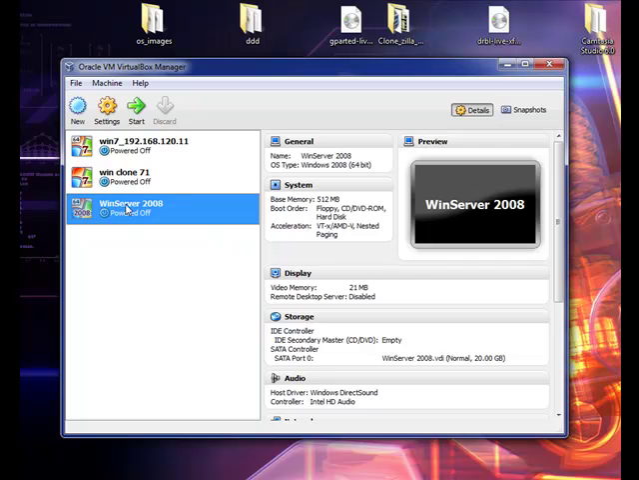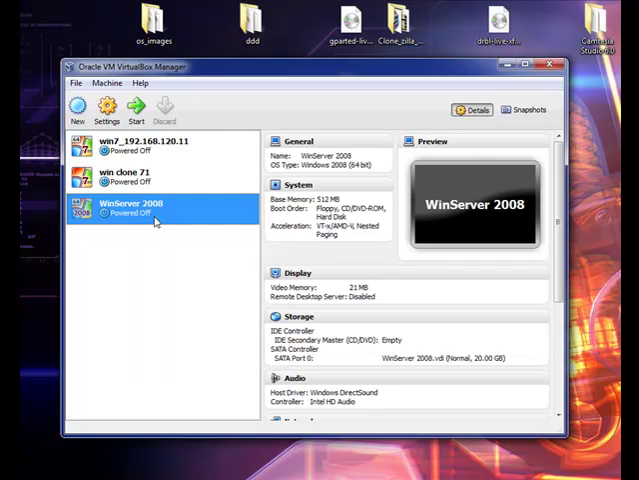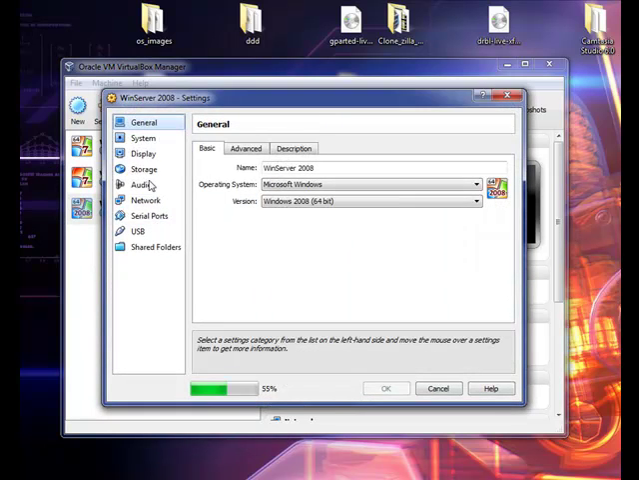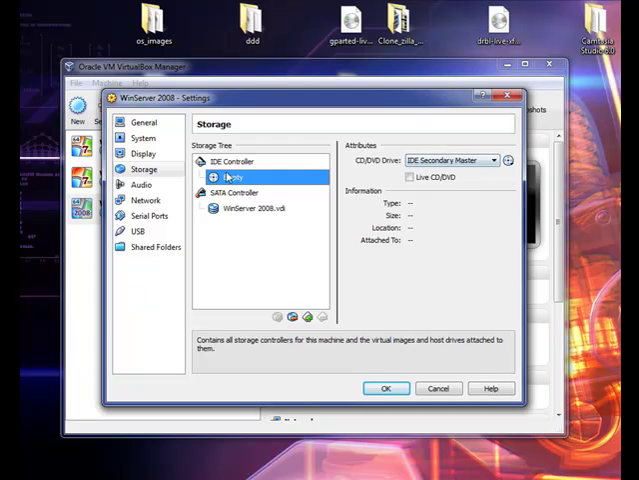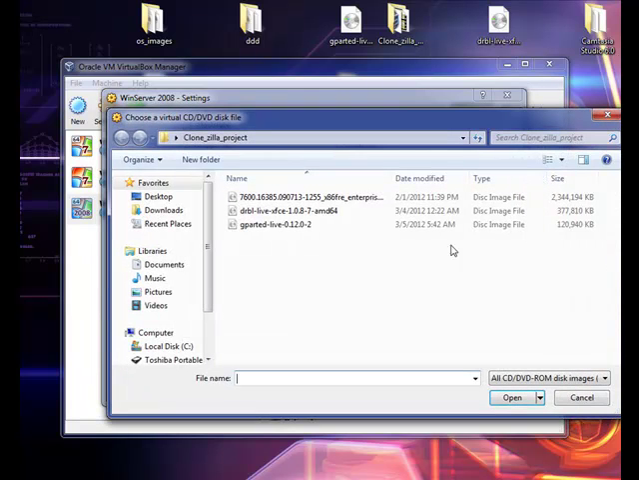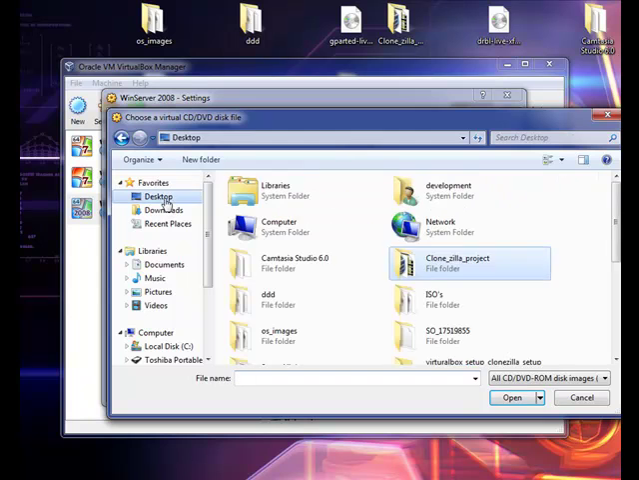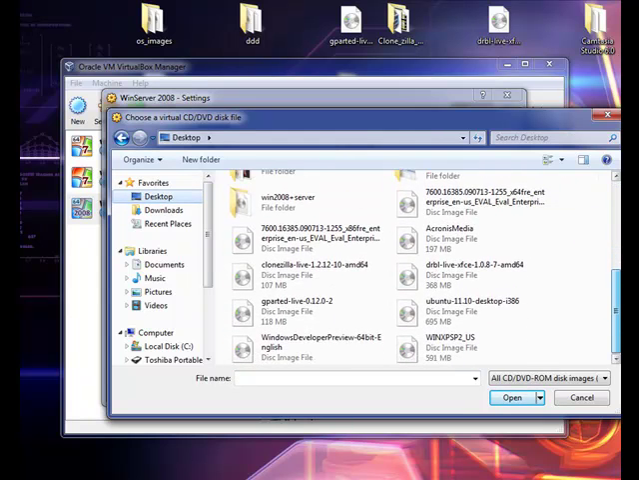Alright, here on my Win Server 2008, I'm going to right click on it, go to Settings, and highlight Storage. I'm going to highlight the empty container for the CD-ROM, and I want to add the virtual disk or the ISO. So I'm going to click on Choose Virtual Disk Drive. I believe I copied mine to my desktop. The ISO is going to be labeled